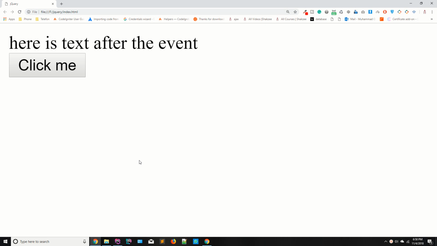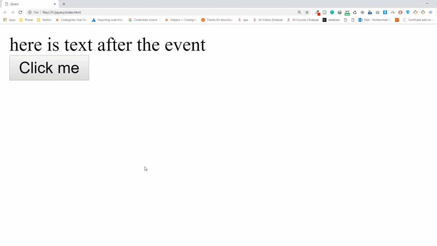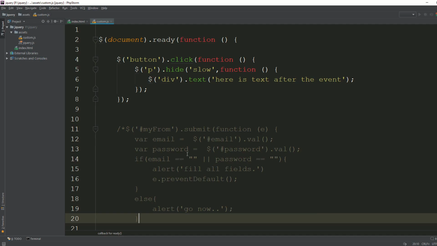Today we are going to discuss how you can get the HTML content and how you can manipulate the HTML content, because jQuery provides you powerful methods to manipulate your HTML elements and attributes. So how can you do that? So now I'm saying